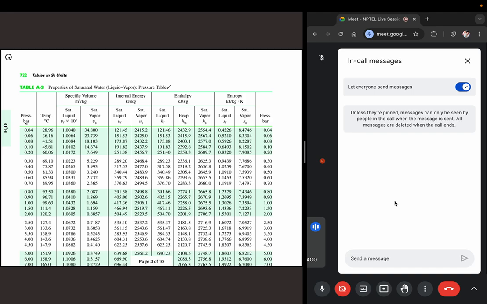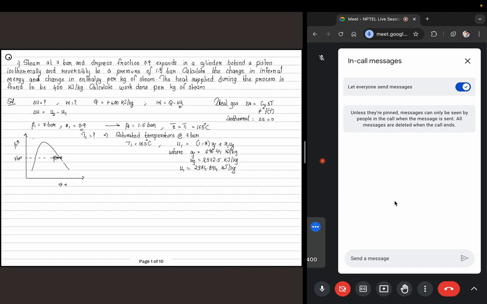If you look up the value at 1.5 bar, we have a saturation temperature of around 111.4, but the temperature we require is 165 Celsius, which means we are in a different region, the superheated region. So we should look at the superheated tables. So this is my saturation point. So here the temperature is